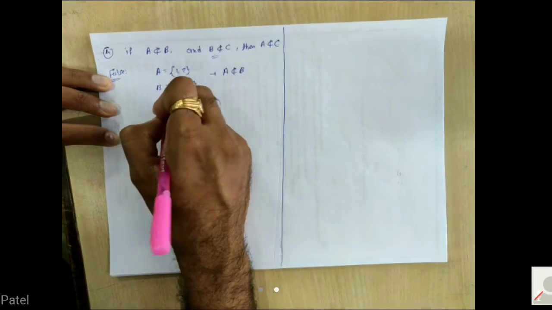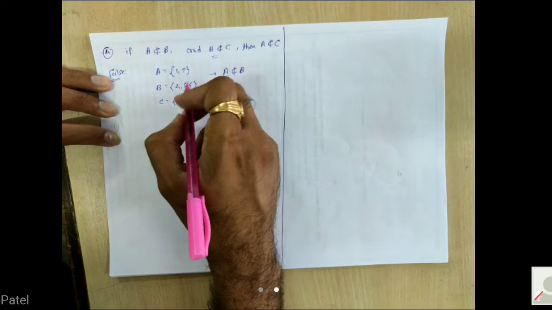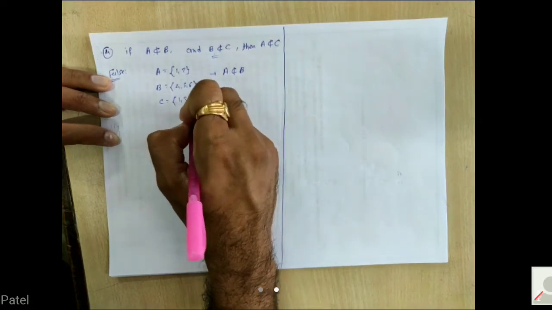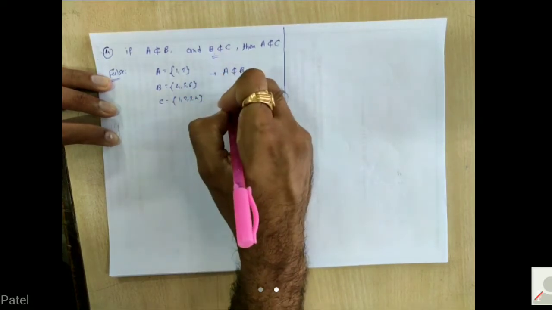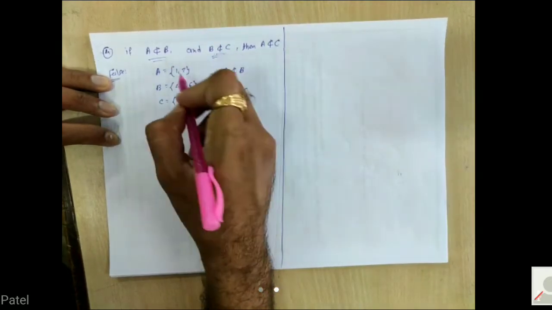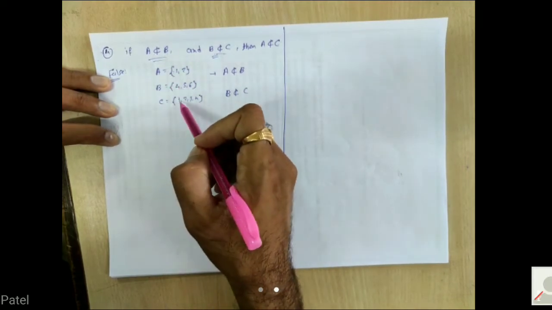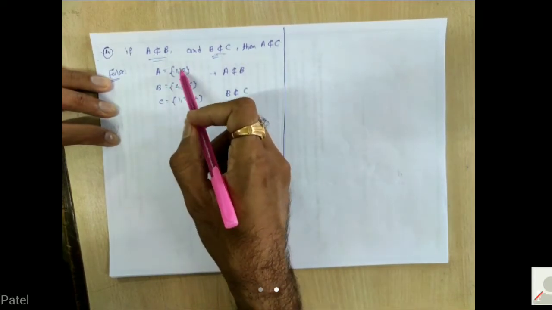तो C को ऐसा एक सेट कंसिडर करें कि जो B के एलिमेंट को कंसिस्ट ना कर रहा हो. तो इट्स अ 1, 2, 3, 4. सो सेकंड कंडीशन इज फुलफिल. B इज नॉट सबसेट ऑफ C. है ना, बोथ कंडीशंस आर फुलफिल बाय यूजिंग दिस सेट्स. A के सारे एलिमेंट B में नहीं है और B के सारे एलिमेंट C में नहीं है, तो इसका मतलब ये नहीं होगा कि A के सारे एलिमेंट C में नहीं होंगे.